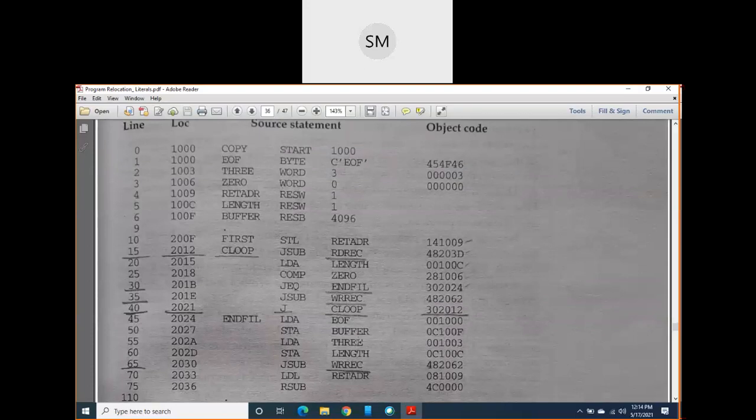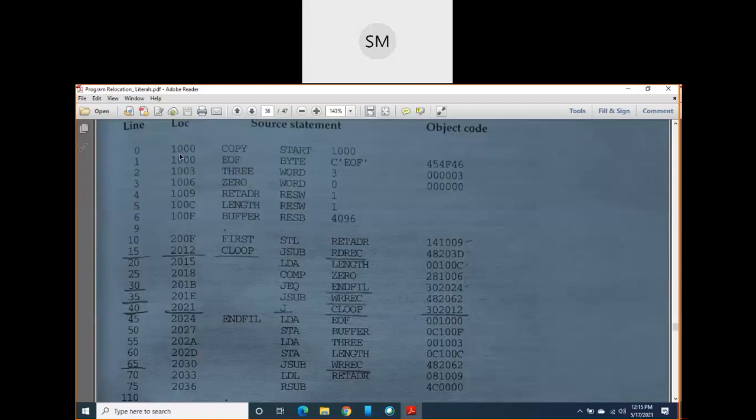If you observe this simple SIC program, which you have already studied in the beginning of this module, the starting address of this program is 1000. The name of the program is COPY. START is an assembler directive which indicates the start of the program, and 1000 is the starting address.